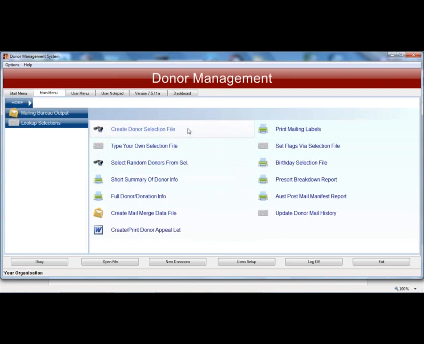That means that when I've created a selection of people based on whatever my criteria might be, like donation total this year greater than $500, or forever $500, I can then use the short summary report to validate I have got the right people. So if I go in and run this one,